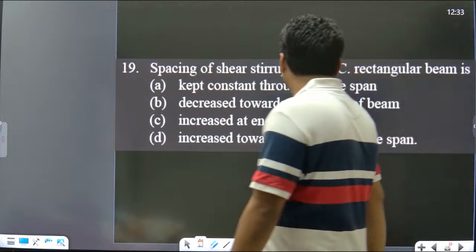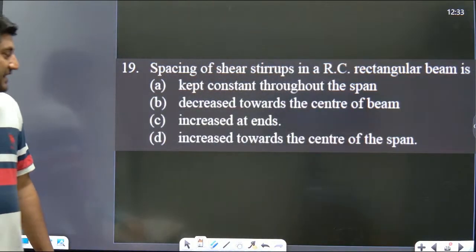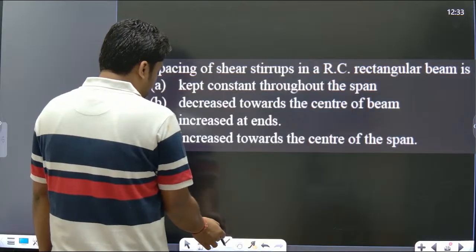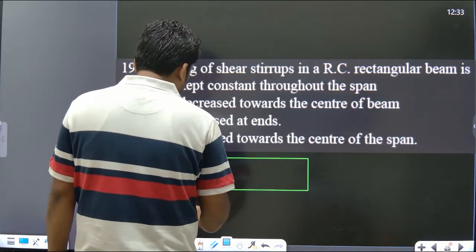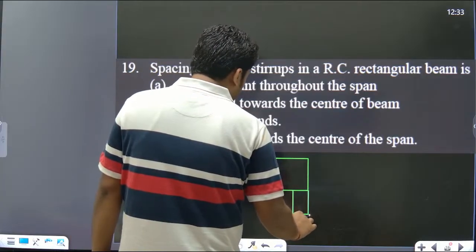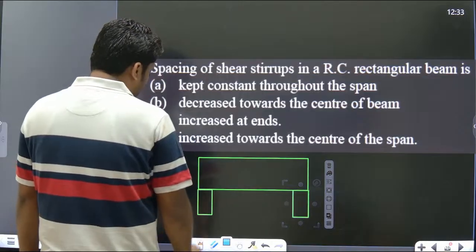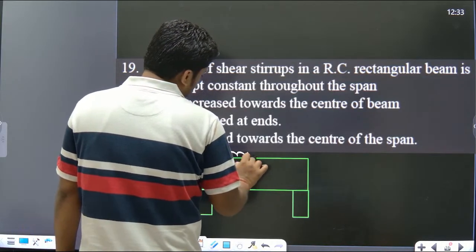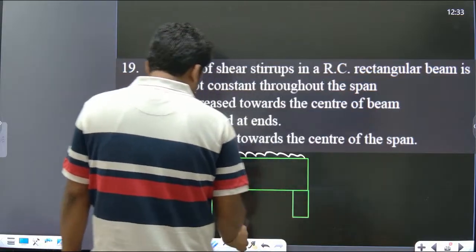Spacing of shear stirrup in RC rectangular beam. Now, the shear stirrup spacing: you can see in the beam, in a simply supported beam. I give you the example of a simply supported beam. The shear force diagram, if it is a point load or a UDL, if it is a simply supported beam subjected to UDL, the shear force diagram is nothing but